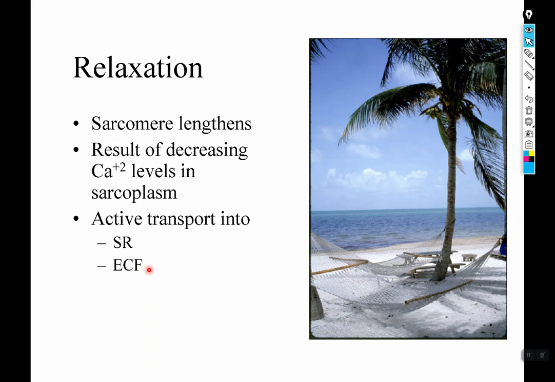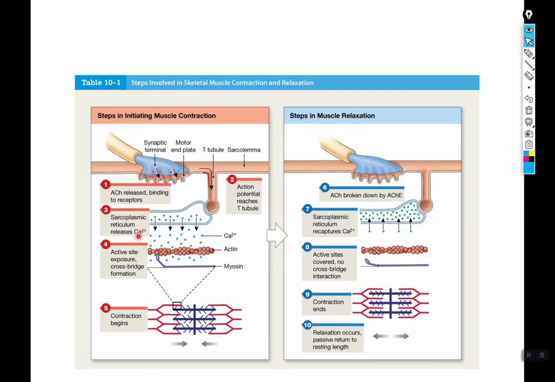And here's a nice picture from your book that basically compares and contrasts the two states where we're initiating muscle contraction and then we're allowing the muscle contraction to stop. So I'm not going to read these to you because I've just spent a lot of time explaining both sides, but I would encourage you to just review these because it'll help you visually compare the two states and how they're different, which will help you understand the difference between active contraction and muscle relaxation,